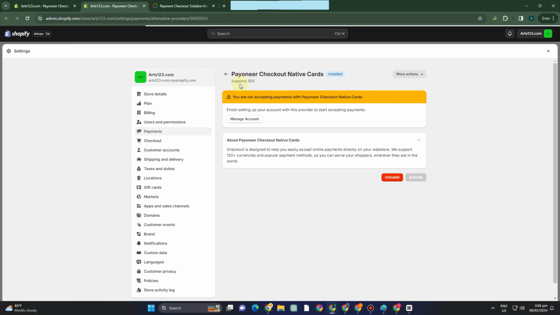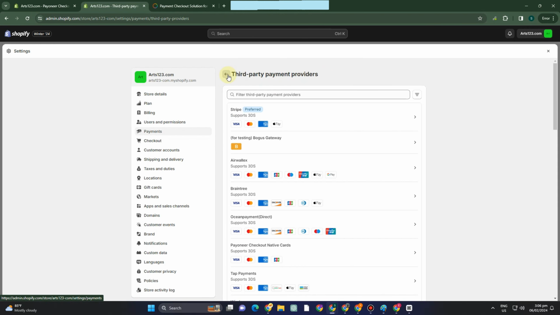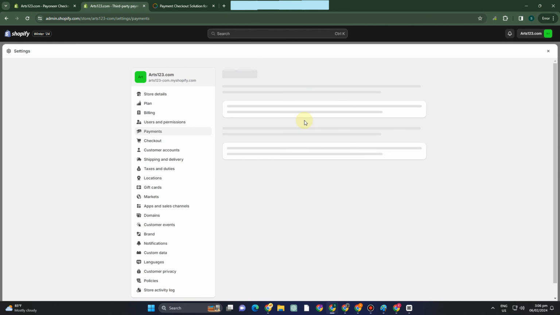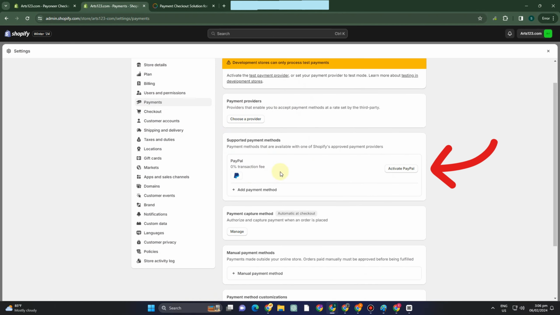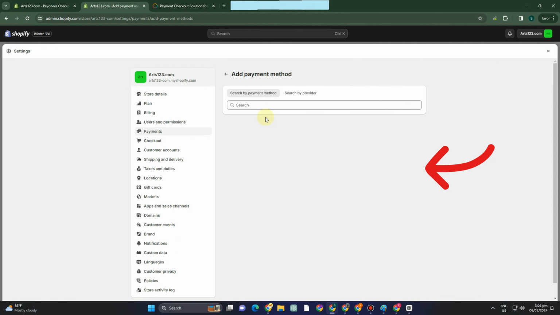Now, in case you cannot see that Payoneer as your payment provider here, then you have to scroll down and tap the supported payment method. So maybe if you can see it above, you can see it here. So go to search by provider and then type Payoneer here. But